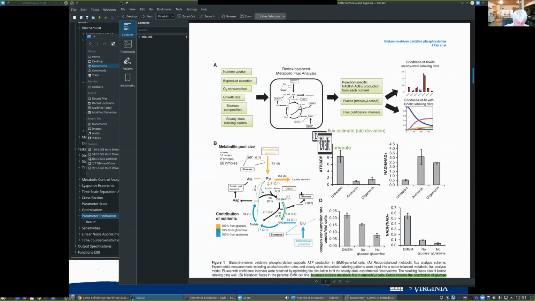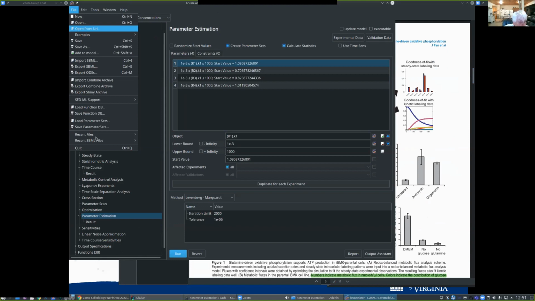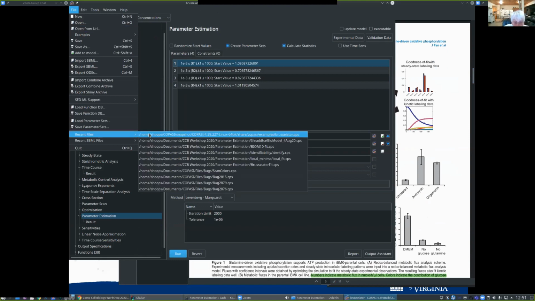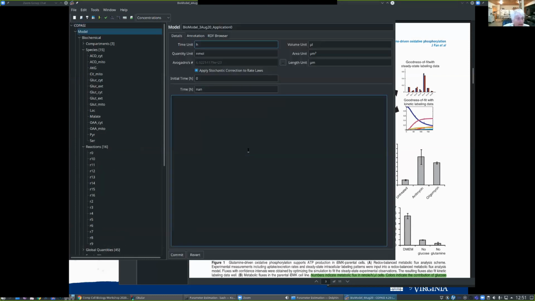And I can load that to show you. I did that before, therefore it's remembered in my list of models. For you, I don't want to save this now, so I discard it. This model is available under my folder